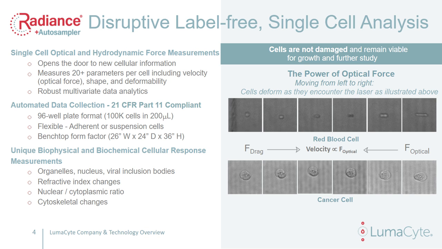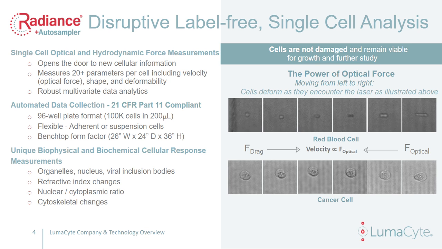The one on top on the right is a red blood cell moving through the system. As it moves from left to right, it encounters the focal point of the laser beam, where it is retained in the system or slowed down. And in that process, it stretches because the fluidic drag forces are stretching the membrane while the optical force is holding it back. And so a healthy red blood cell will stretch roughly 3 times its nominal diameter, whereas an